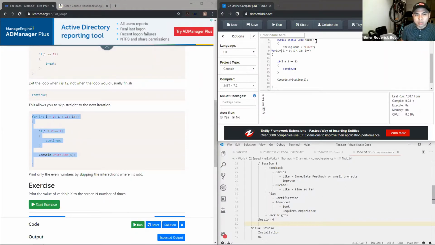Then you want to start with position 0, and you want to name that length, right? So while I is less than the length, so this is 5, and I++, let's say you want to write console.writeLine to each position or each character inside that string. So what this will do is it will write each of the letters of this variable into a separate line. So if you run it,